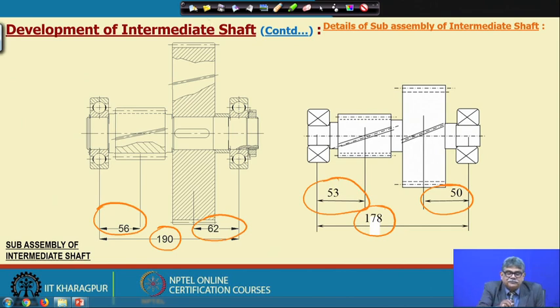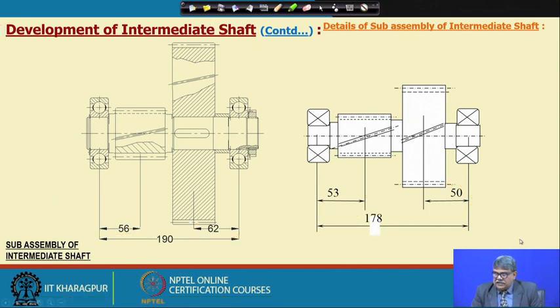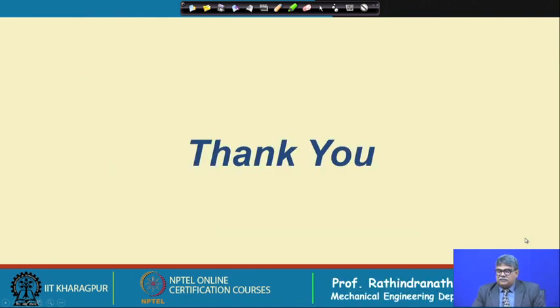So, this is the end of this lecture, and in the next stage, next week 5 and week 6, we shall do much more on the detailed design of the gearbox housing. Next, probably the output shaft will be made in the same way as we did here for the intermediate shaft, and then we will select a bearing and go for the bearing life calculations. We will see whether it is satisfactory, otherwise we will change the design again,